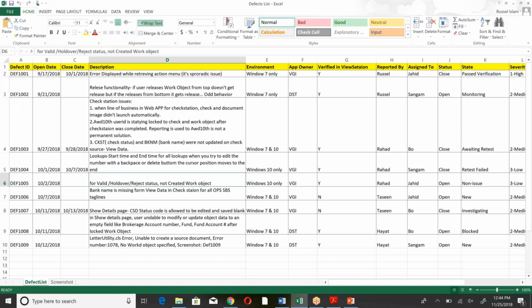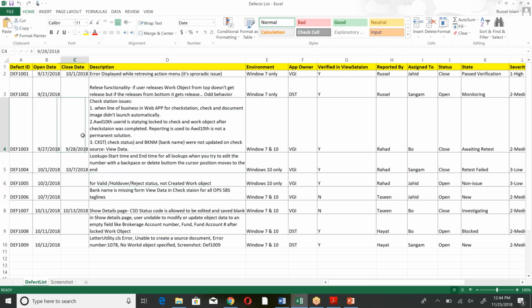Your company might follow some other way, but suppose we have a defect ID. Can you make it a little bit bigger? This is the number, and then when it is opened, the company requires tracking. So the company said they need to track it, and when it is closed, they need to track that also, because you see here, this one is closed